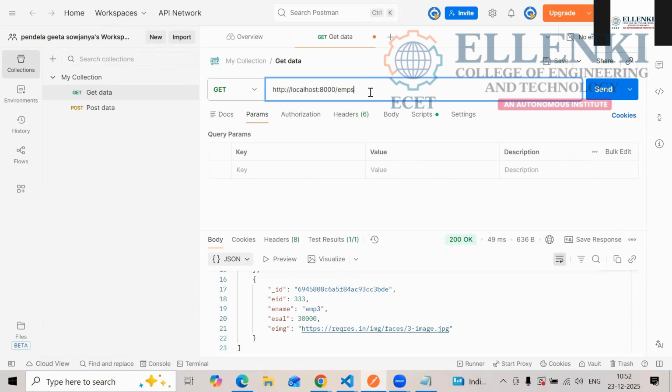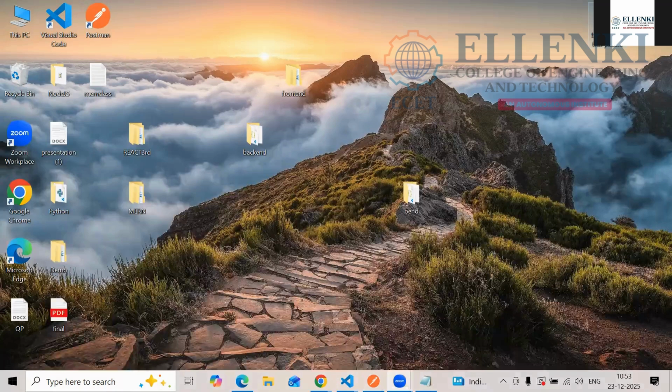For this we have to create one more folder, another folder to write the program. You have to open that one in Visual Studio Code. Already we created one program, the backend, right? Don't close that one. Just minimize that Visual Studio Code, and now open another Visual Studio Code. There you have to click on the folder which you have created for the front end.